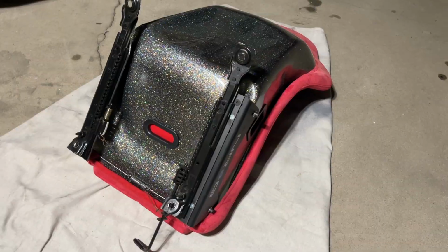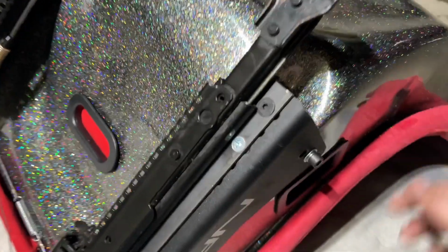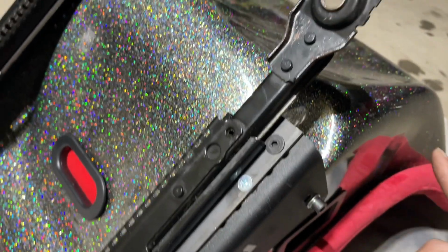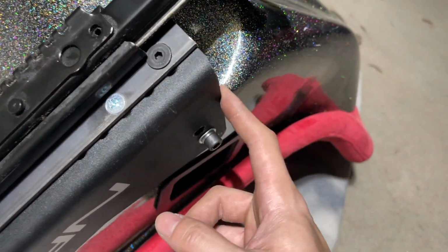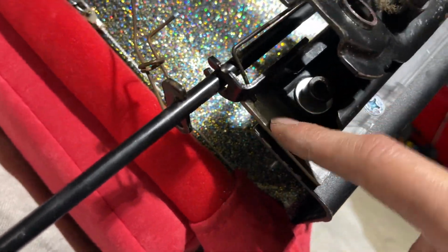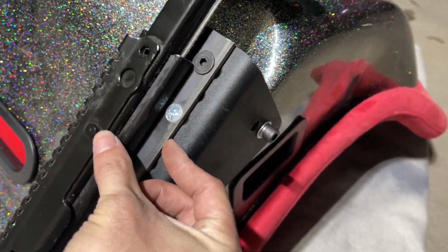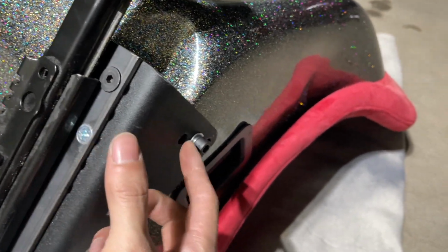I don't know. Let me show you my old setup. So this is the stock rail and this is the bracket that came with the seat. And apparently the holes don't line up. So I have to make a plate in between and the seat bracket goes onto this plate and then another bolt goes on this piece of metal. So it's like an adapter, but unfortunately this is too thick. I want to reduce that 1 inch or maybe 2,